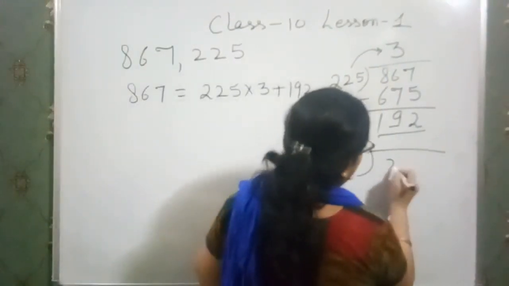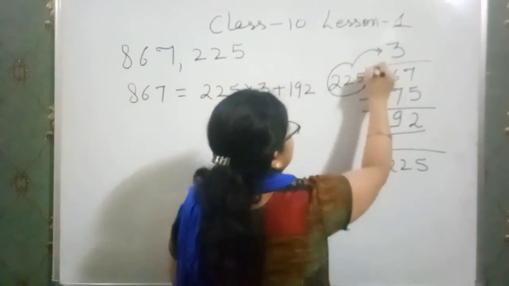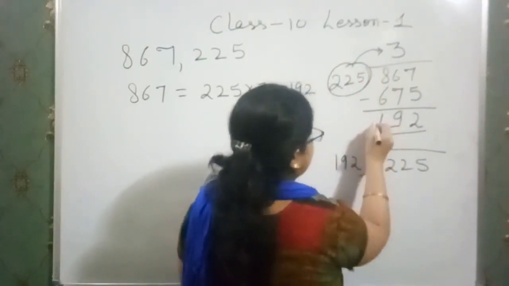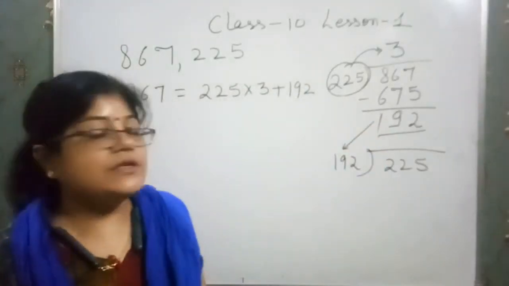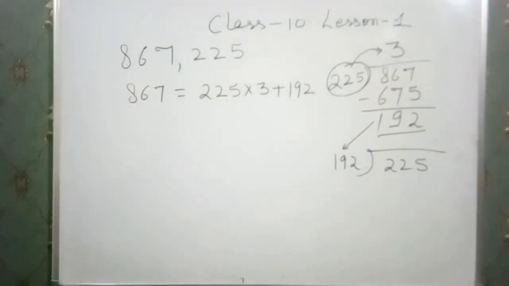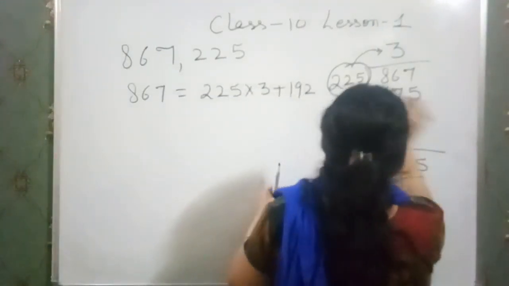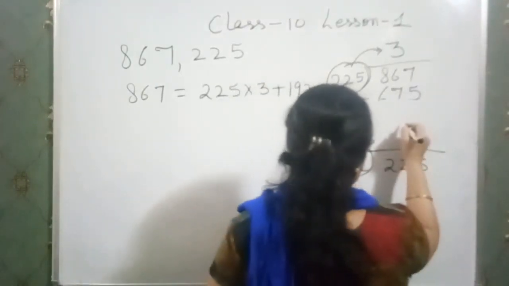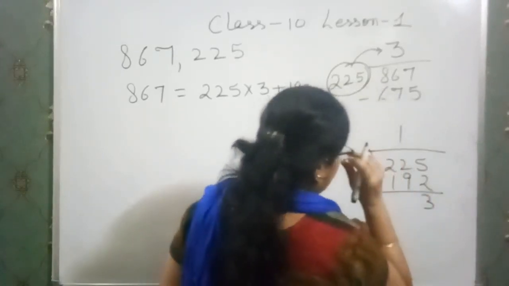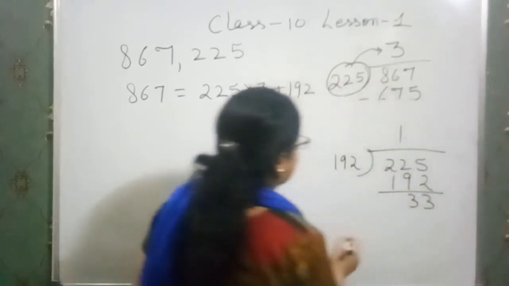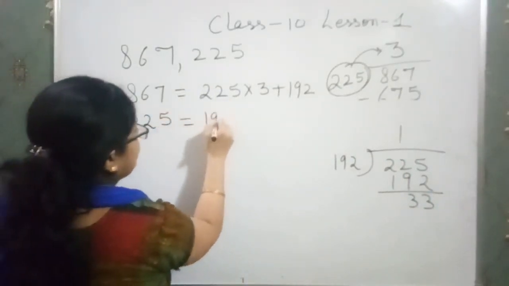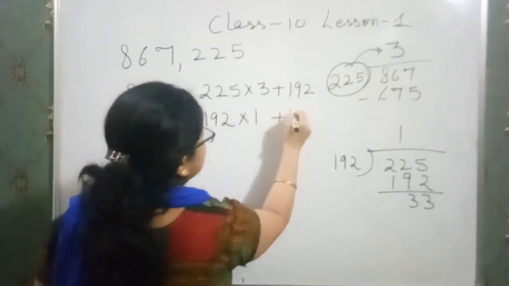Now take 225, which is the divisor here, into the dividend, and divide it with the help of the remainder. This is the most important step. If there is a fault in this step, you will be confused later on. Okay, now when we divide it, we have 192, that is 3 and 3. Okay, so we have 225 is equal to 192 into 1 plus 33.